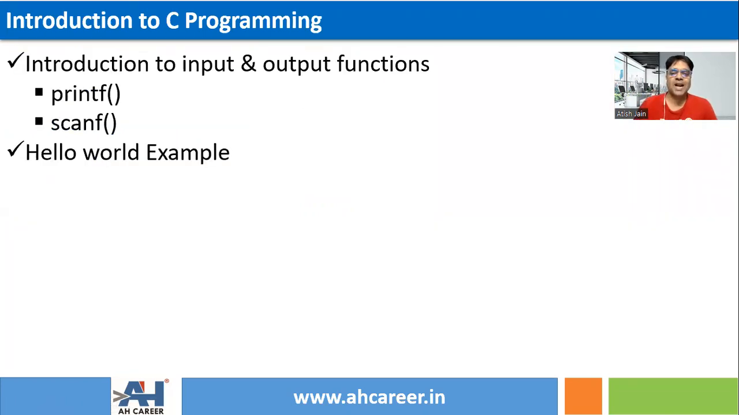Before we start writing programs, we need to know about 2 functions, which are the very basic functions for writing programs in C language. One is printf, which is known as the output function. The second one is scanf, which is known as the input function. The total program will depend upon these 2 functions, printf and scanf. But in my first program, I'll use only the printf function just to display a welcome message so that you'll understand